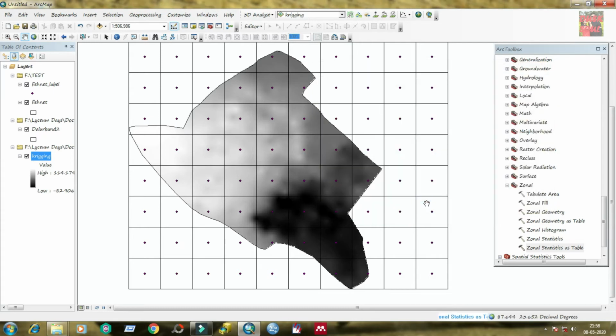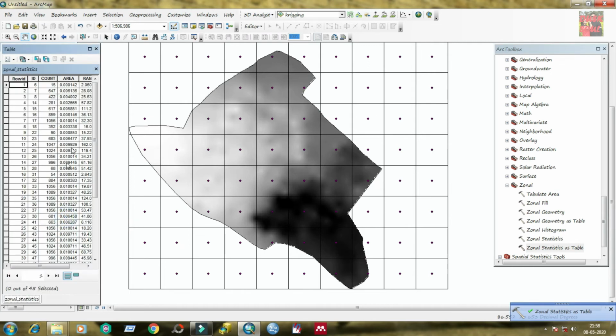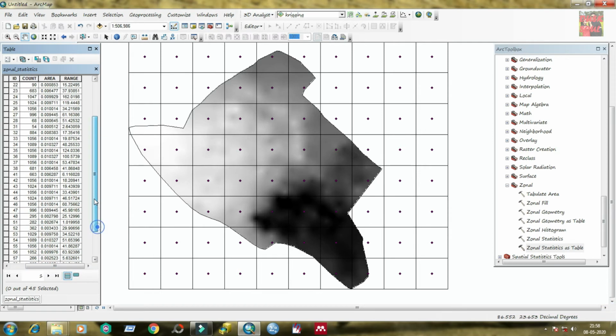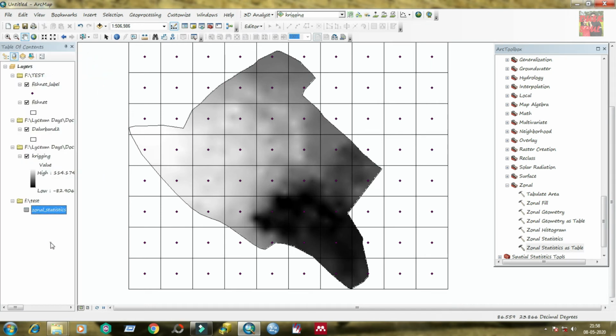You can see that the zonal statistics has been calculated. On the basis of range, you can see the range of each row. Range indicates the difference between the highest value and the lowest value for each column and each row.